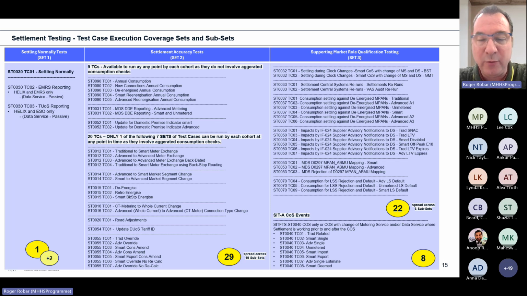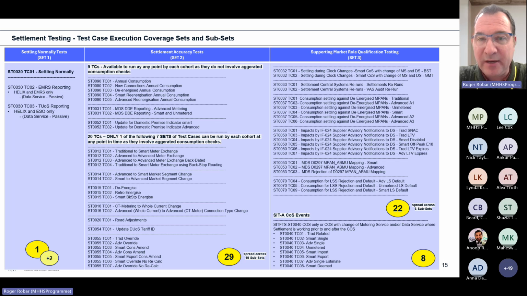And settlement testing is going to be a subject at tomorrow's SITAG, and there's quite a lot of discussion going on around it. But from a scope point of view, these are why not every cohort is running every test, and how we've broken them down, and why once we achieve 2 cohorts running certain types of tests, then we just move on.